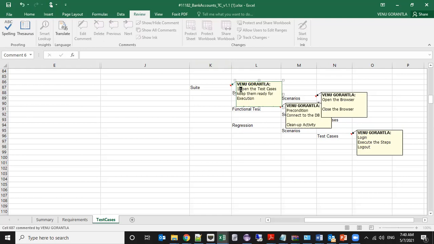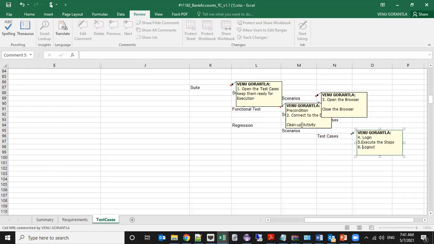1, 2, 3, 4, 5, 6, 7. Where should it go, the scenario or the testing type?